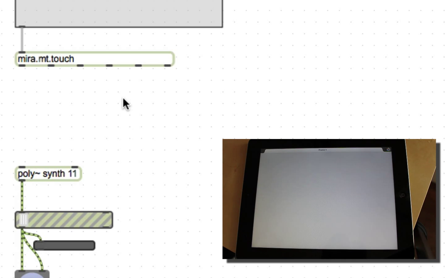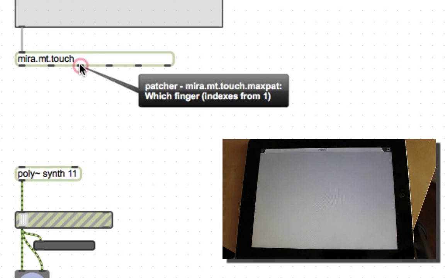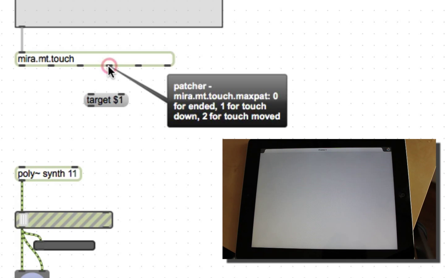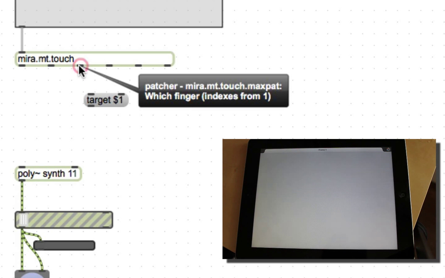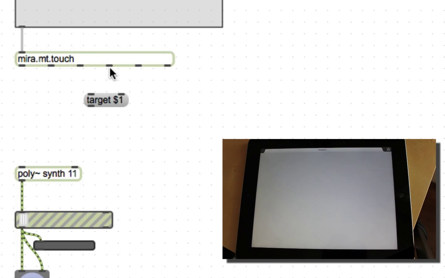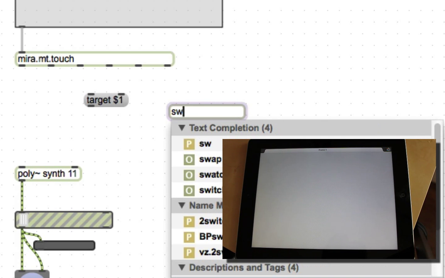So the tricky thing is that we want each one of these fingers to be mapped to a different voice. So what we want to do is send the which finger outlet here and turn that into a target 1 message. Only trouble is that we want to set the target before we set the velocity. So we're going to throw in a swap object,